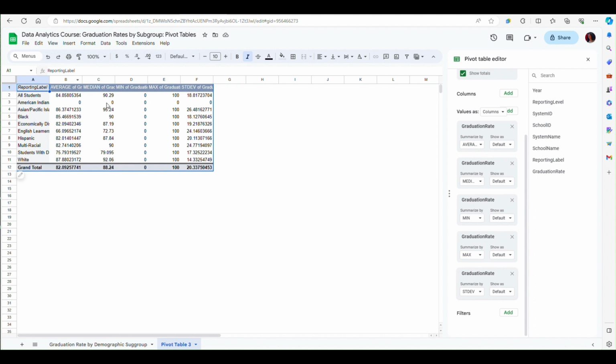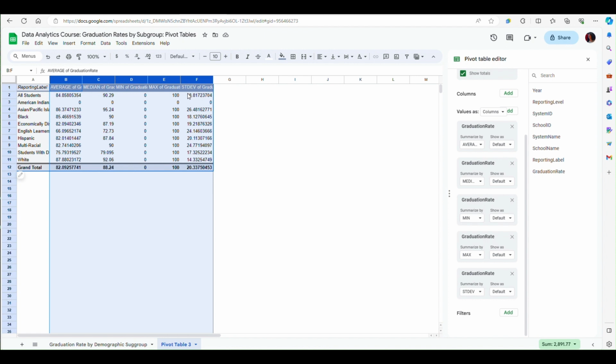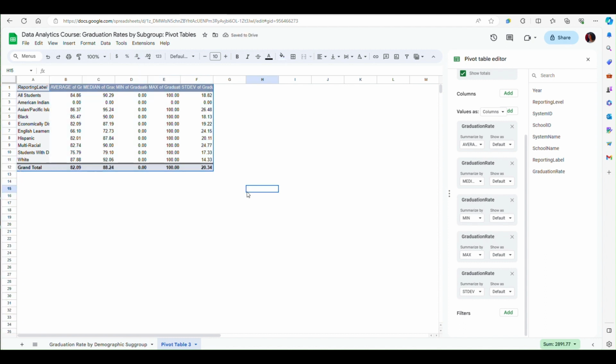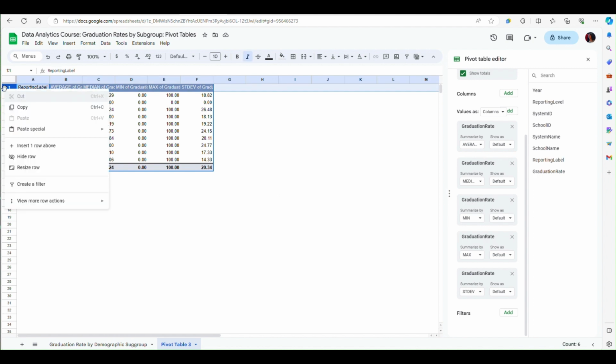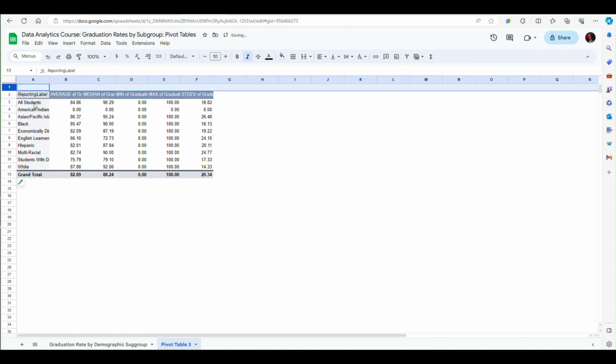Now I may want to clean up the table a little bit, maybe change the number of decimals for these numbers so it will be consistent. So I'm selecting these columns and then reducing the number of decimals to 2. Another thing that you may want to add is specify that these are averages that go across all of the 4 years, right? So maybe add another row here and include a title and specify that these are